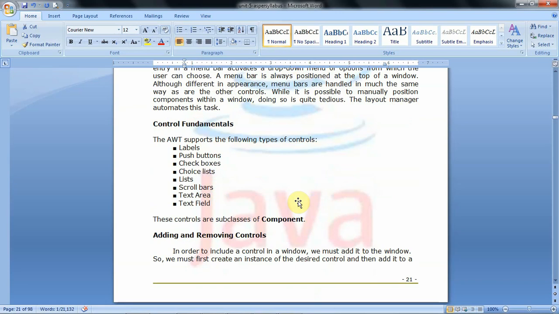Now we will discuss AWT controls or AWT components. So these components are used to create GUI applications. These GUI components provide an interface to the user. We will see all these GUI components one by one. So in that the first one is